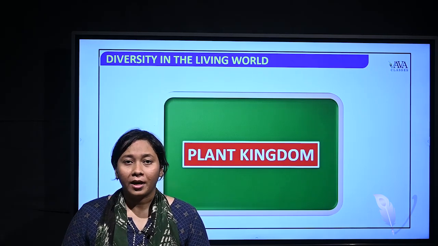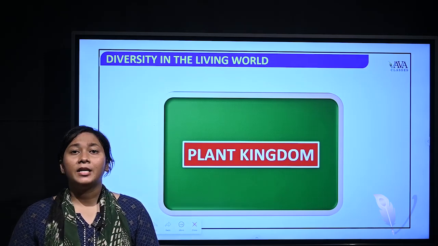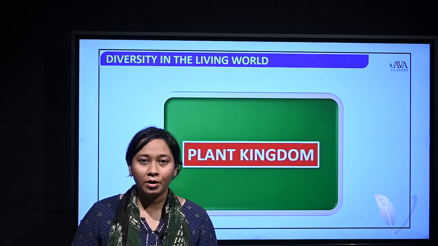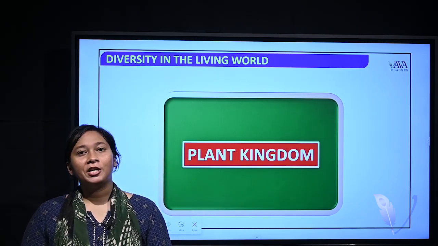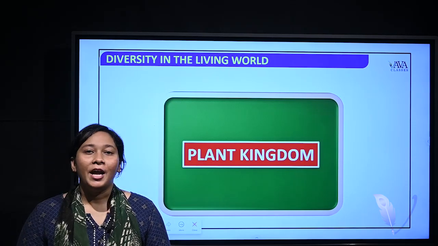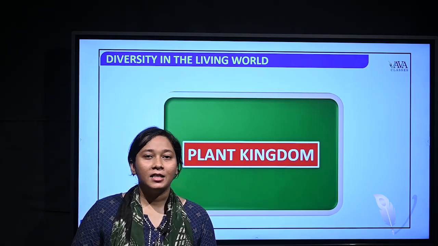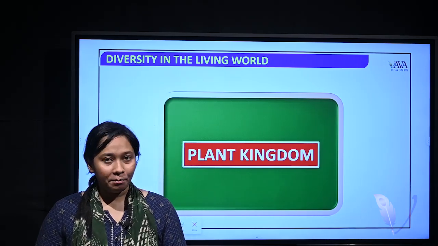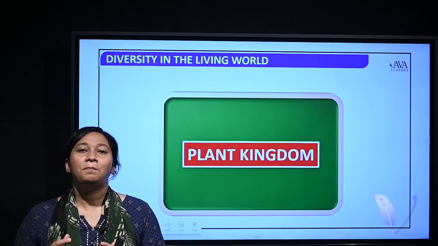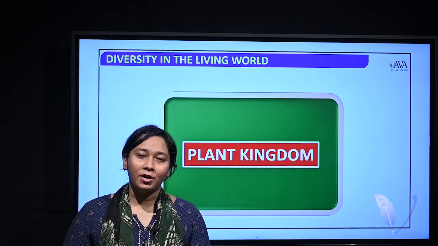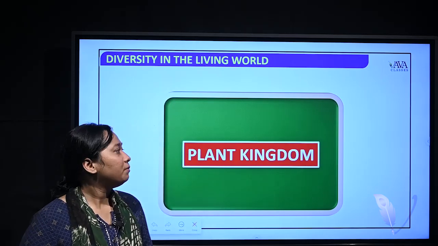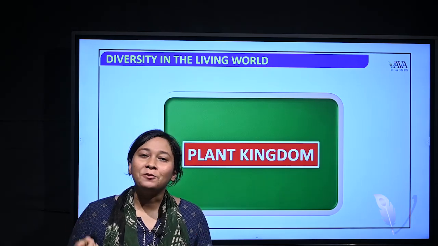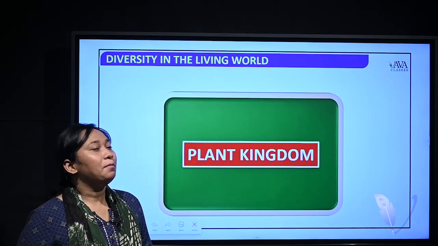Then we studied Kingdom Plantae, which has autotrophic organisms that can synthesize their own food, as well as Kingdom Animalia, where a lot of heterotrophic organisms were included. They are not autotrophic because they cannot synthesize their own food. They depend upon other organisms, actually the plants, the producers, for their survival. In this session we will study specifically about Kingdom Plantae, which groups, which plants are included in it.